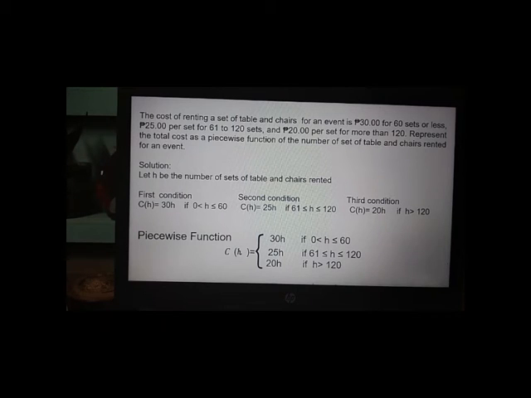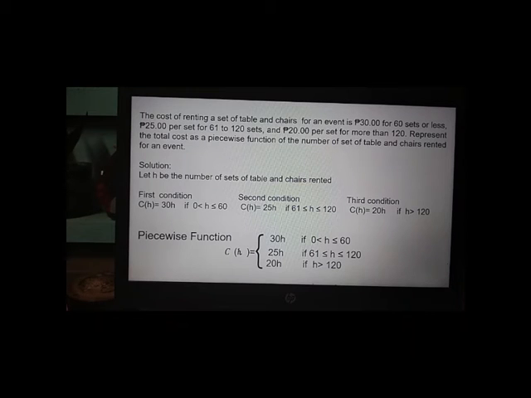Represent the total cost as a piecewise function of the number of sets of table and chairs rented for an event. Solution. Let H be the number of sets of table and chairs rented. Again, examining the given situation, you will come up with 3 conditions. The first condition is that your H is greater than 0 but less than or equal to 60. So if you're going to rent 20 sets of tables and chairs, you're going to use the formula 30H or